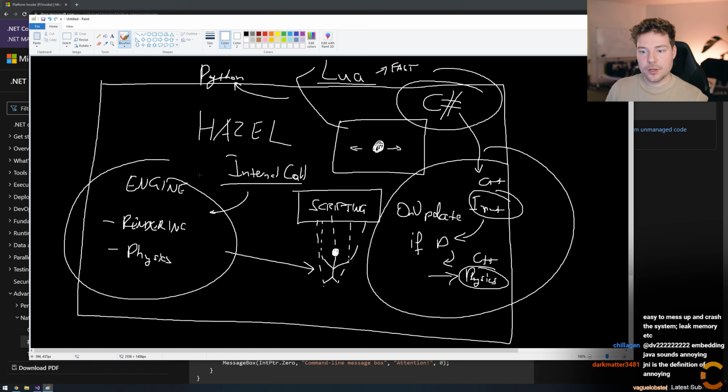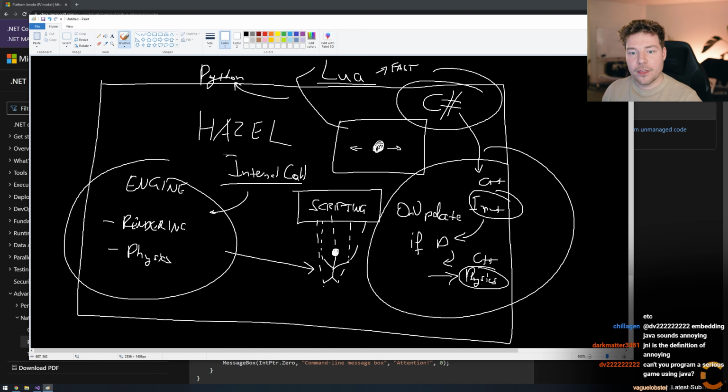You're basically saying, hey, C# runtime, here is an additional C++ function for you to utilize. And that is basically the story of how we are going to set all of this up.